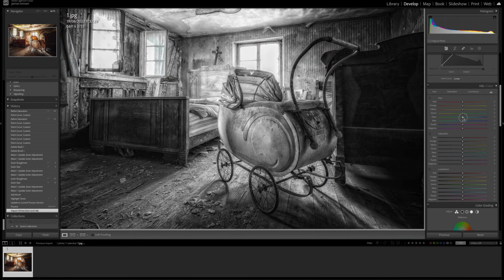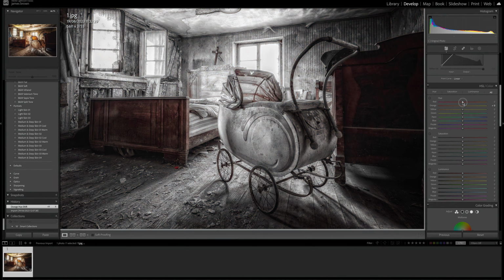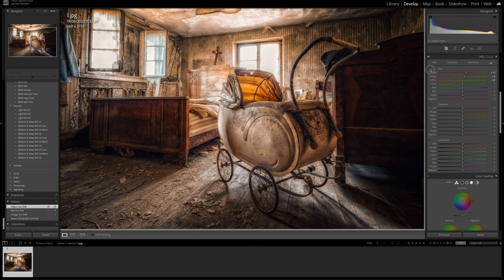So let's go to the aqua. Again, there's nothing in there, so we know that this image is going to have lots of red, orange, and yellow in it. If I come to the orange and click that, you can see only the orange is being shown. That means we can just visually look instead of trying to guess what colors are in and what aren't. So it's just going to enable us to really fine-tune our editing. This will also work for the point adjustment here, so we can click on that, and if we come over to a color that we want to adjust, we can hold the Alt or Option key down, click,